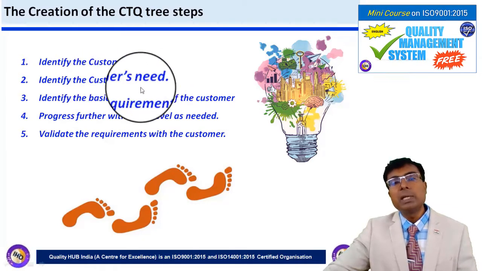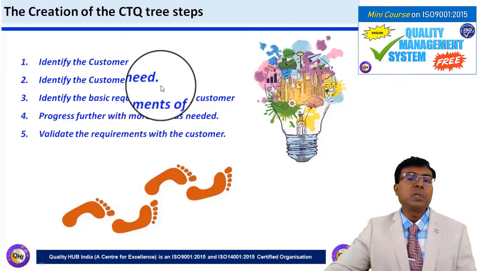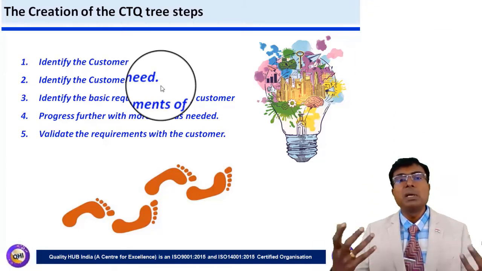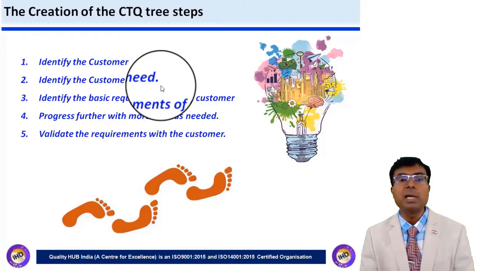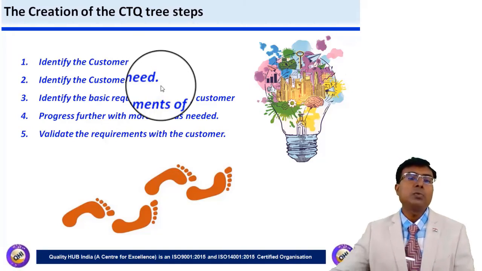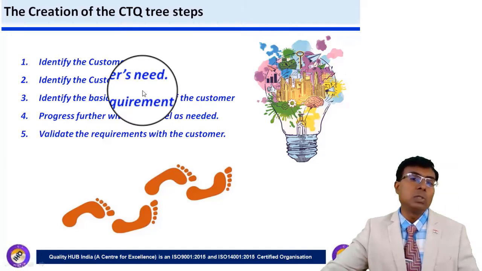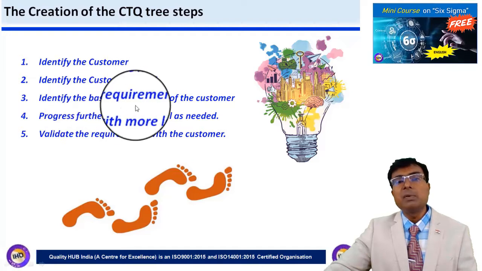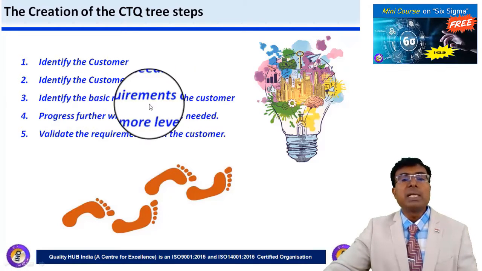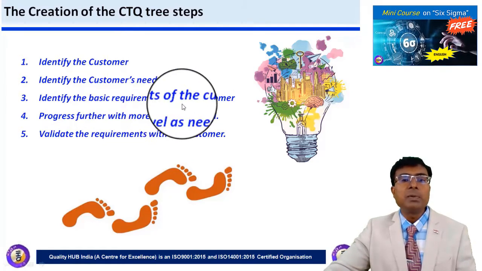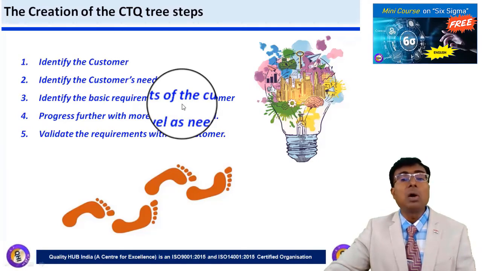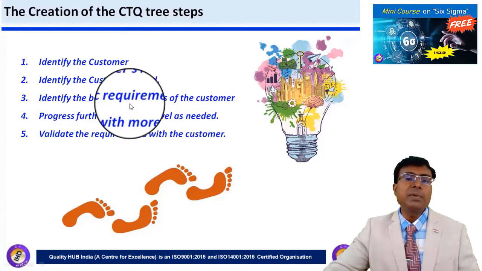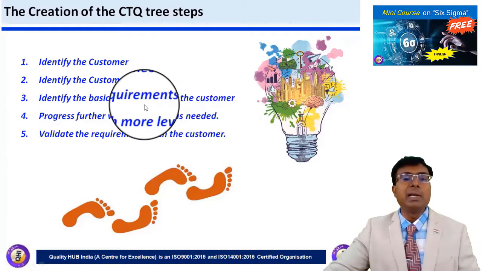So for that also we can use multiple different tools. For example, I can use a survey, a focus group, or from a customer complaint, from feedback, I can also understand what is the customer requirement. So for each of the element, I can use different tools. So once I identify customer's need, then I need to identify the basic requirements of the customers. Whether that is quality requirement, whether that is delivery requirement, whether that is pertaining to the packaging or product or the fitment or functions or form. So there could be different basic requirements which I need to identify.